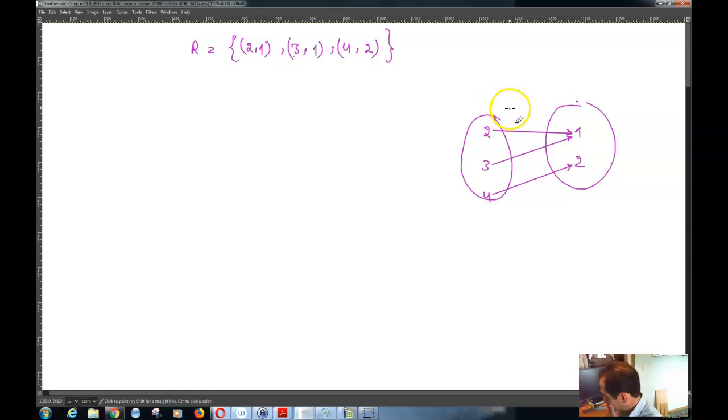The reason given is that since 2, 3, and 4 are the elements of the domain of R, having their unique images,